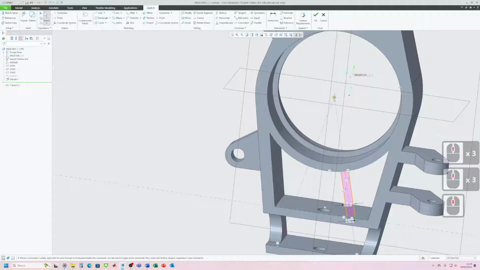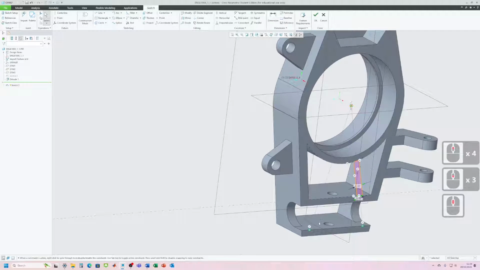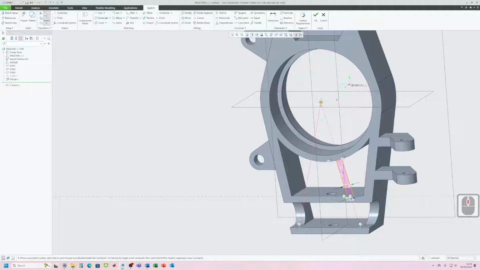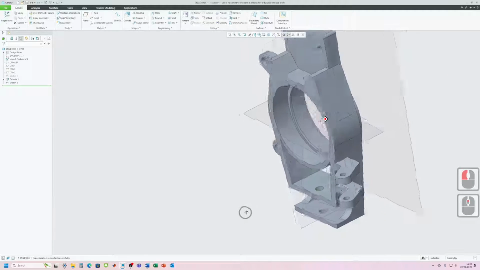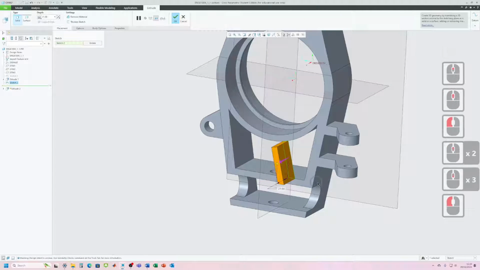I need to make sure that I can still actually use this component for its intended purpose. So I can't get in the way of the fasteners, and there'd be pieces that go in here. So you'll need to understand the use case in order to make it so that it's still a usable component. I'm going to click OK, and then let's extrude this. Okay, let's flip the direction,